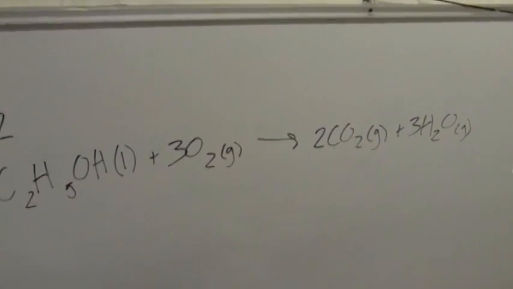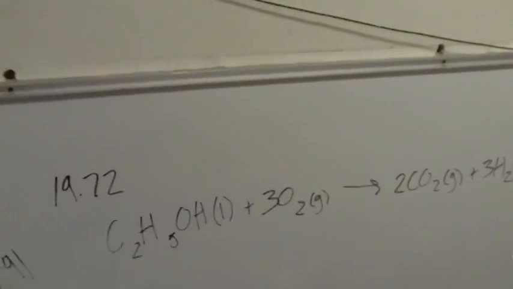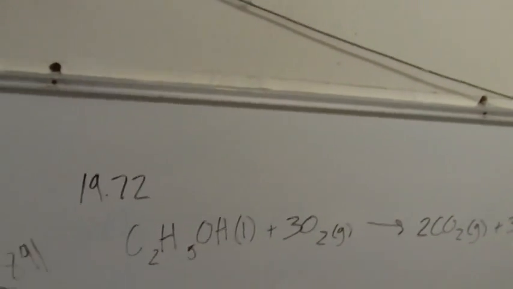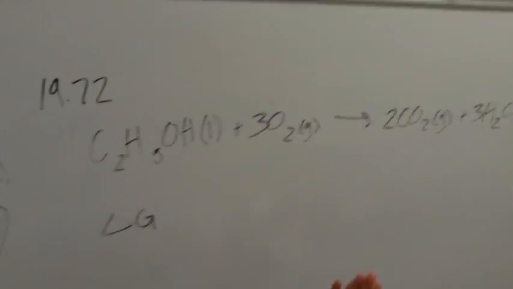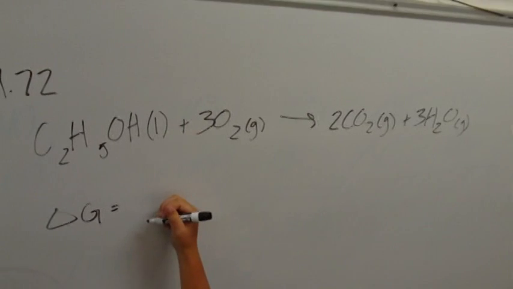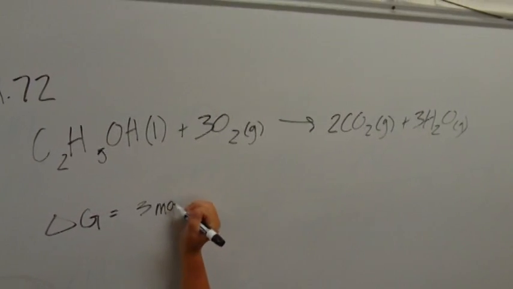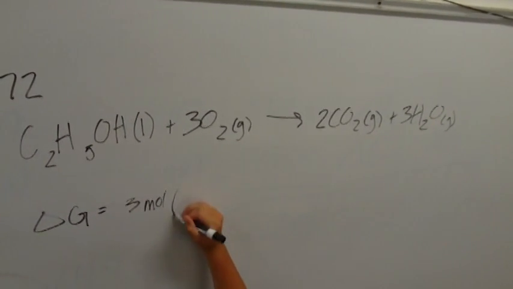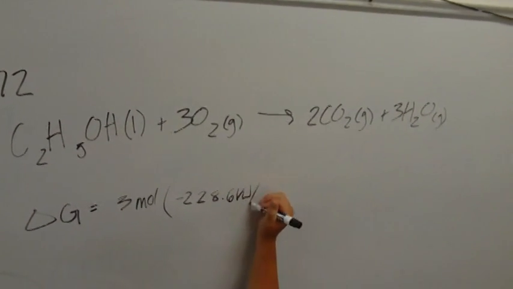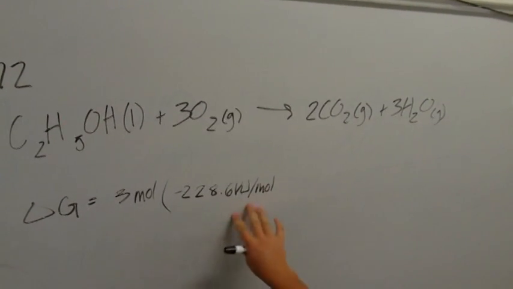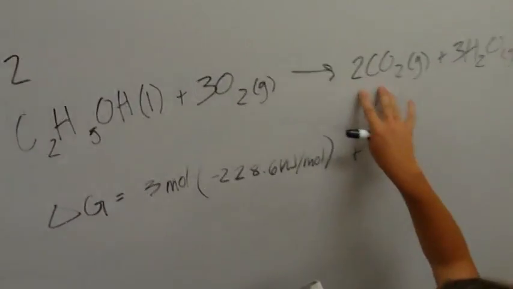Let's find it. We're going to do it the same way we've been doing this whole time. Delta G is equal to the sum of the delta G of formations of products minus reactants. So here we go. We're just going to go straight to the numbers because that's what really matters. So products, 3 moles. This is referring to the H2O right here. Look this number up, negative 228.6 kilojoules per mole. This number, again, table 19.2, that'll help you out, plus 2 moles right here, carbon dioxide,